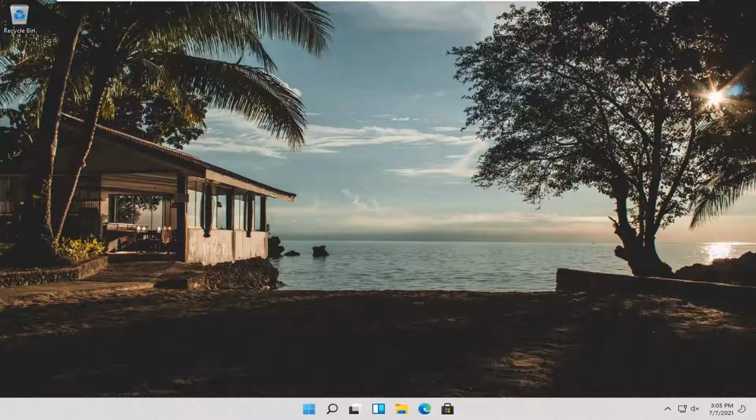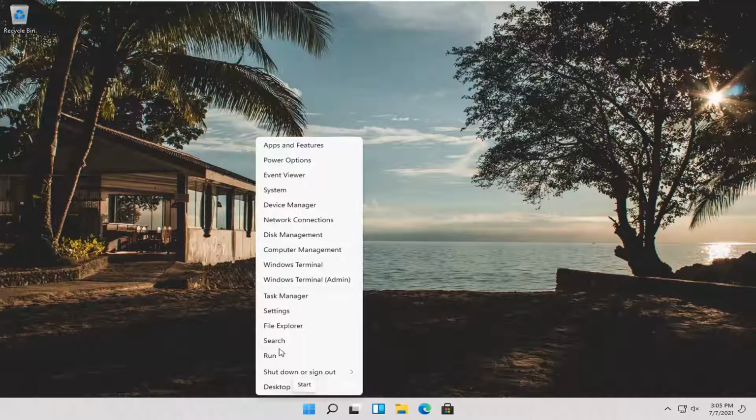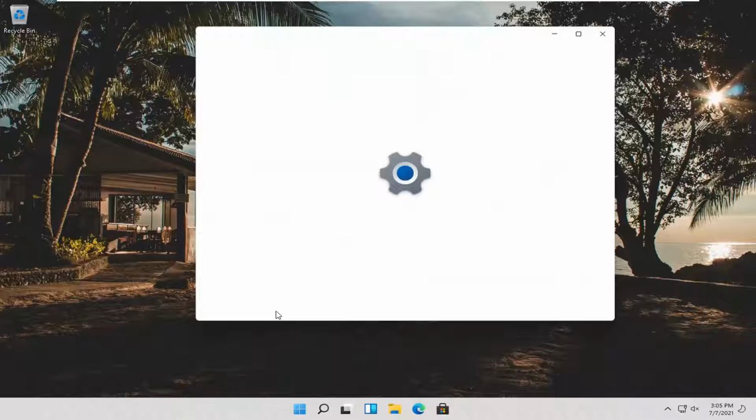In today's tutorial, I'm going to show you guys how to change your lock screen background on your Windows 11 computer. So this should be a pretty straightforward process, guys, and without further ado, let's go ahead and jump right into it. So all you have to do is right click on the Start button, select Settings,